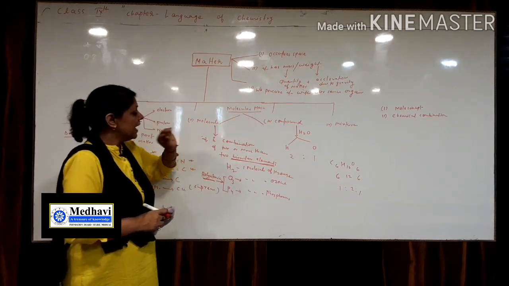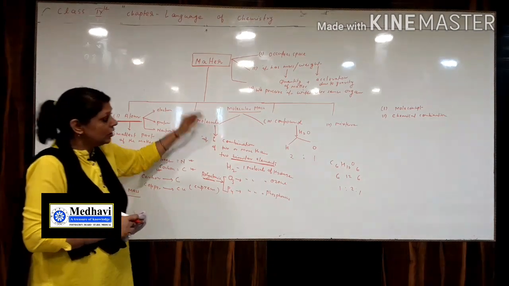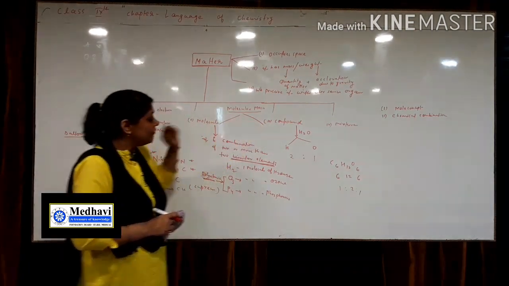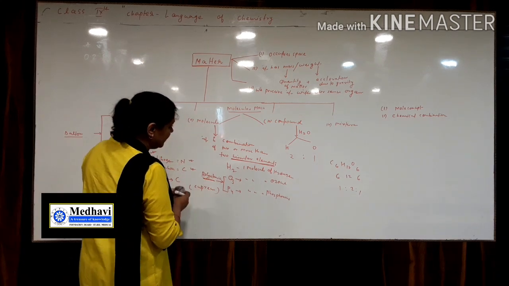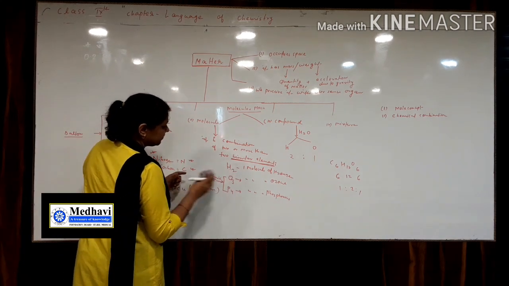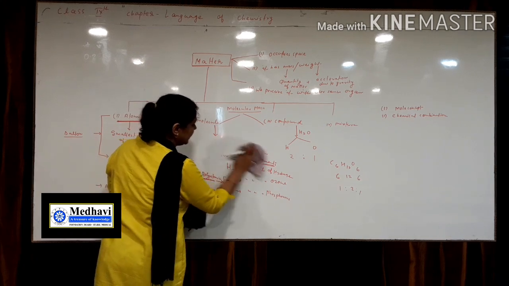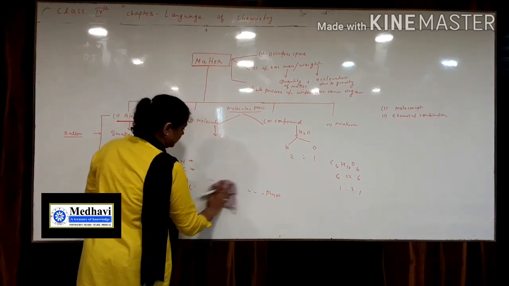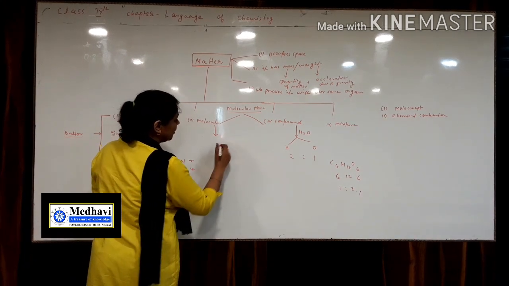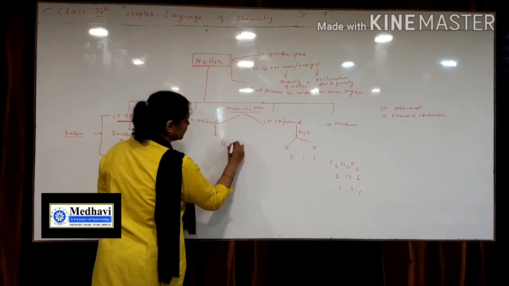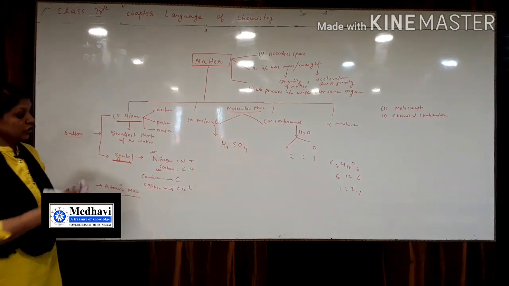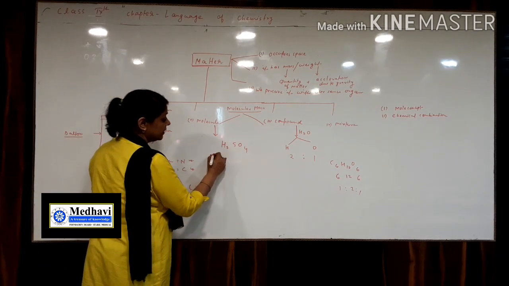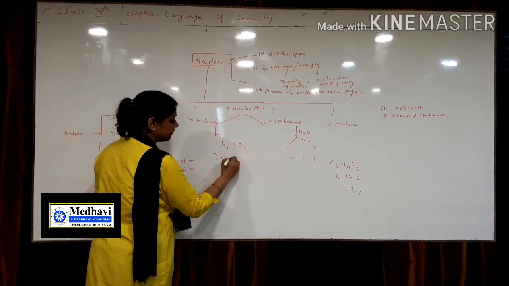Molecular mass means either you take mass of molecule or mass of compound, which is sum of atomic mass of the elements. For example, you are going to find molecular mass of H2SO4. So here you have to take sum of atoms